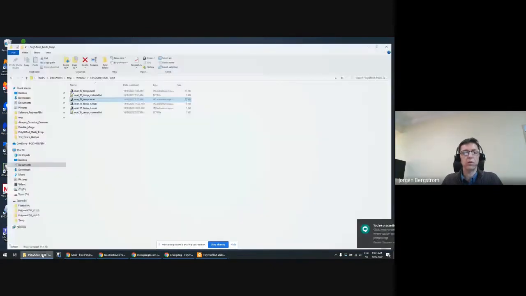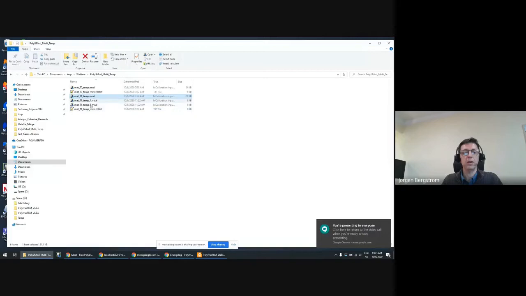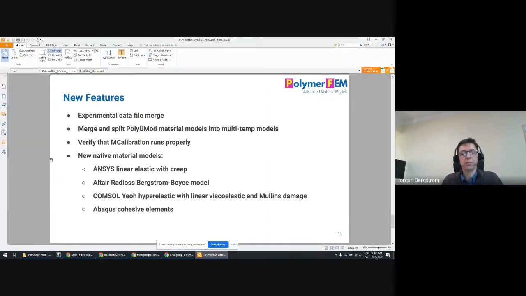So we'll go to, here they are. We got these two files that contain these models at multiple temperatures. So that's useful. This is somewhat not so important, but maybe useful to know about a feature that we added,